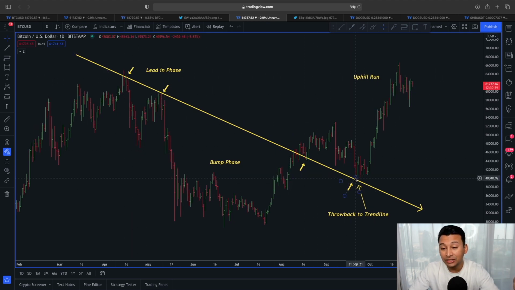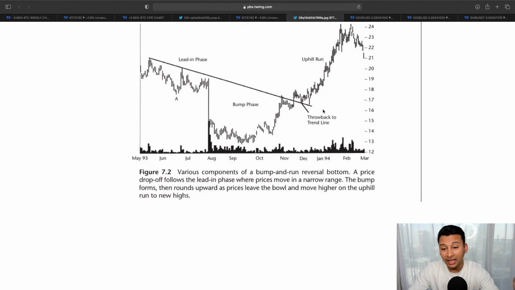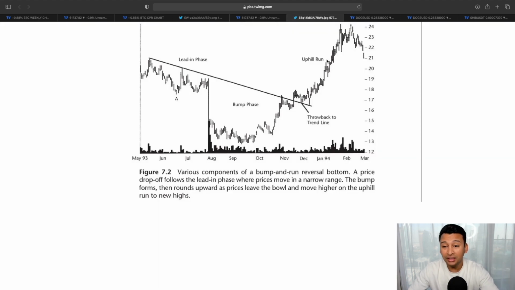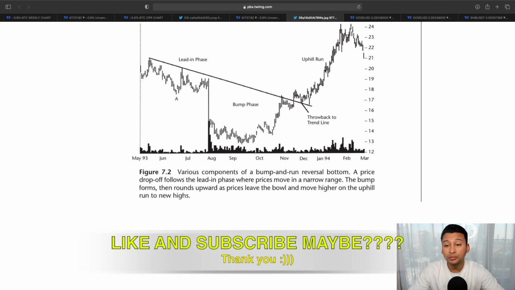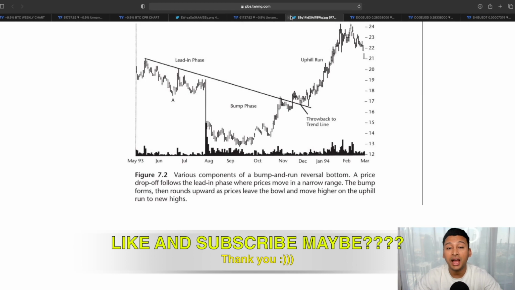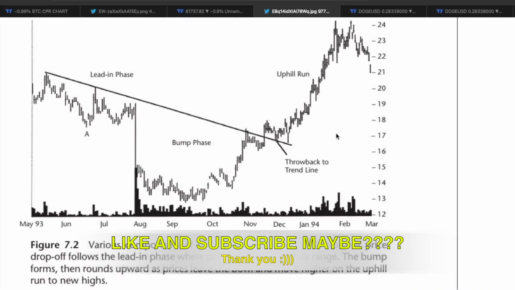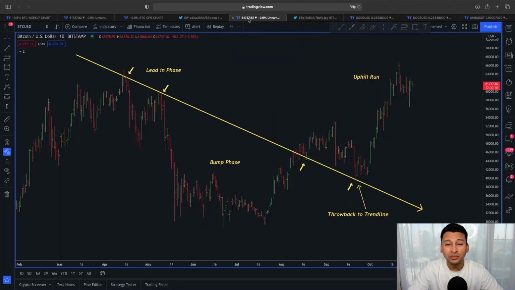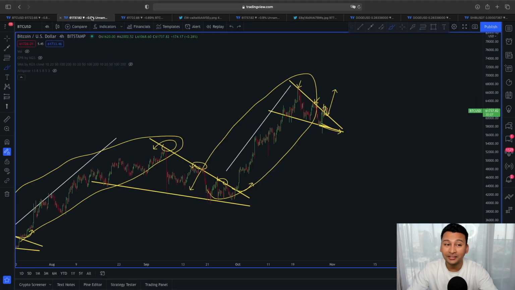We even came back to retest this, just like as shown in the example, and now we could be starting this new movement. And as you can see, the price of Bitcoin is also starting this new uphill run. So even in this example, you can see there will be more shakeout on our way, but the probability of price continuing to the upside is much higher than to the downside, even if there are going to be some more shakeout on our way, guys. So these are some of the scenarios I want you to understand for now.